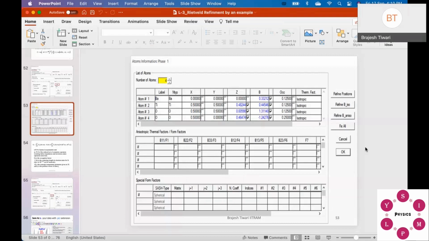For that, the first thing you have to do is plot your data in the match software or whatever source you have. Better is the match software, or if you have a Panalytic software, you can plot there as well, and you can connect your software to any database like ICCDN. Match is already linked. If you have ICCDN, you can connect to your Panalytic, and maybe Bruker machine if you have. There also some database they will give, and some matching software will be there.